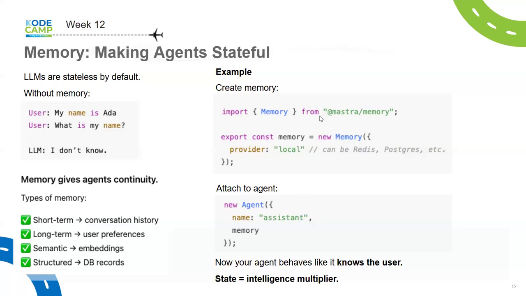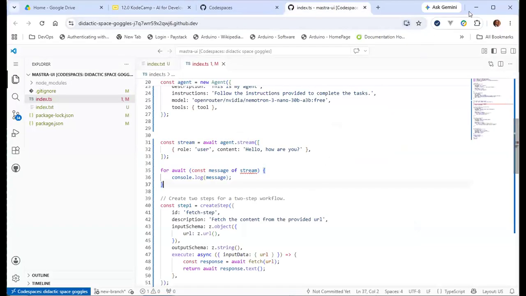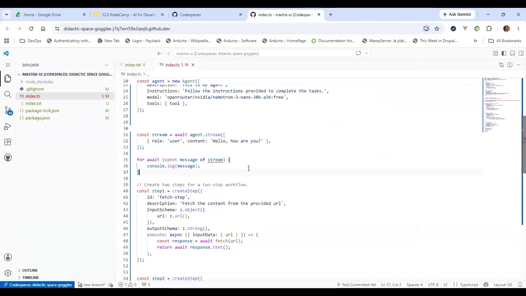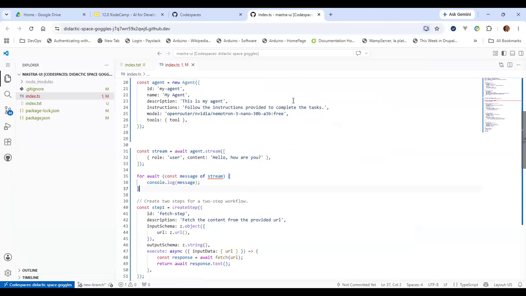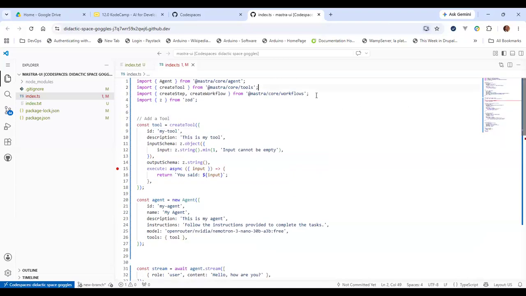Okay. So let's try that. To do memory, we'll have to bring in the Mastra memory, Mastra core memory.